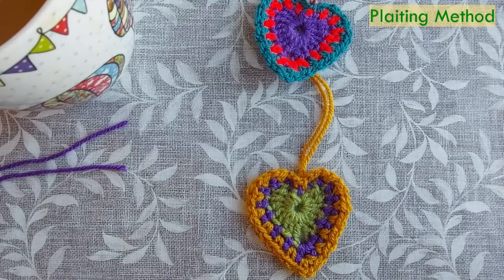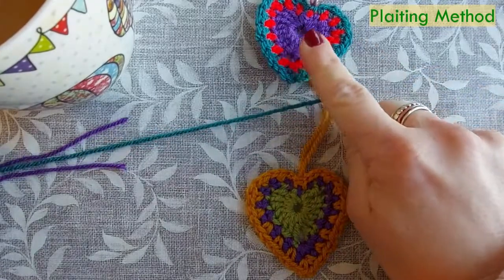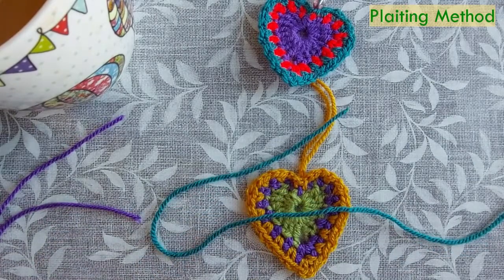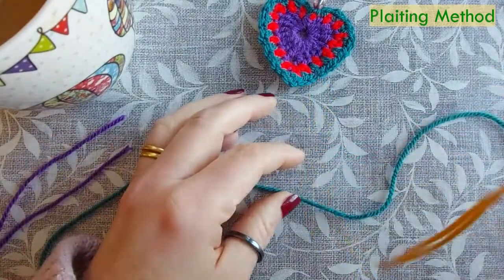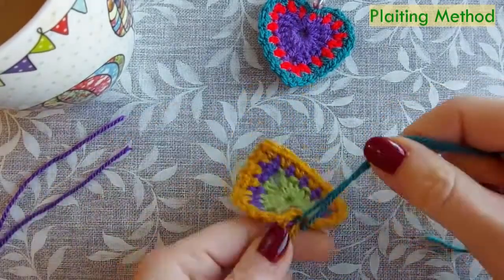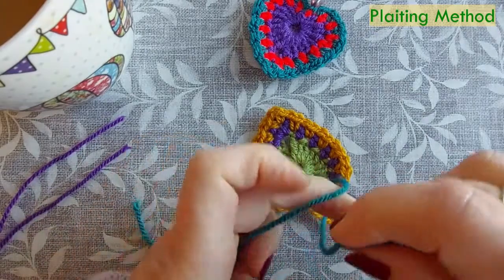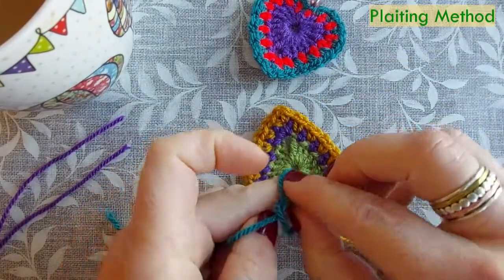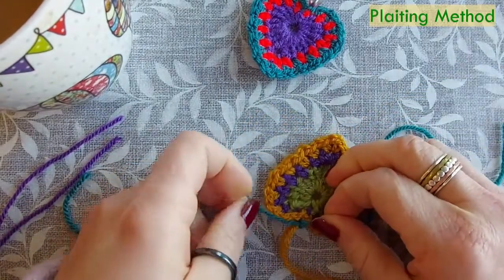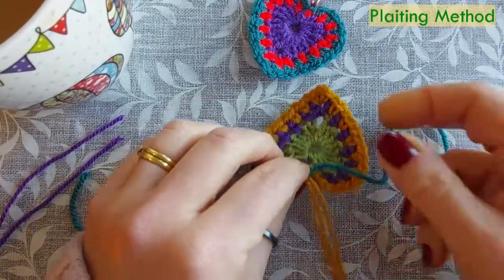So let's go for the green that's on the outer bit of there. Just going to cut some of that. There we go. And what I did last time was just basically did a knot at the end by the heart. Right down there. And then